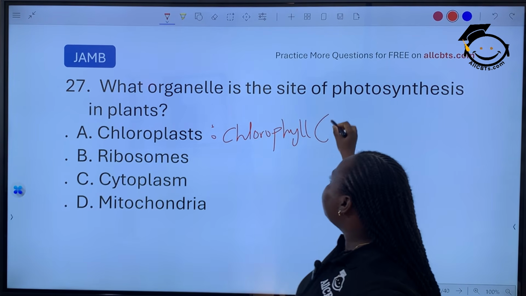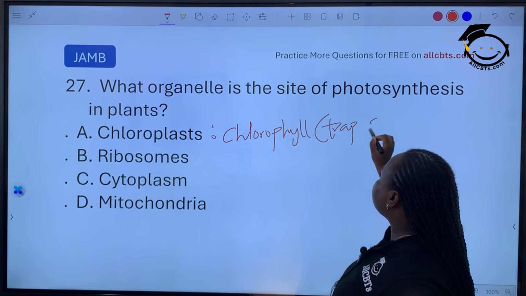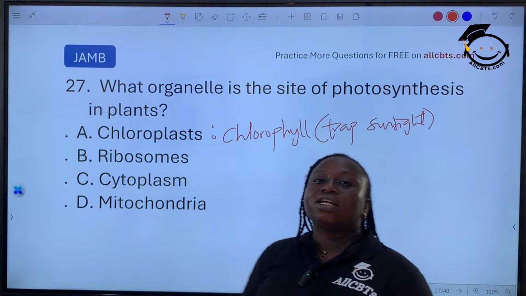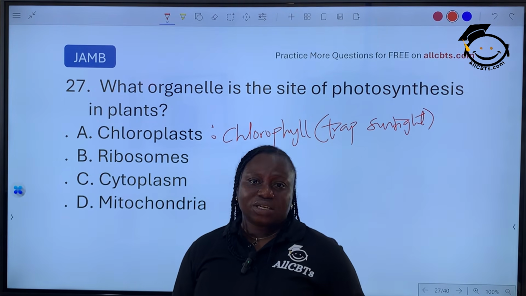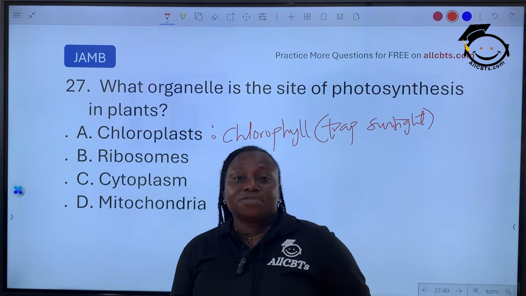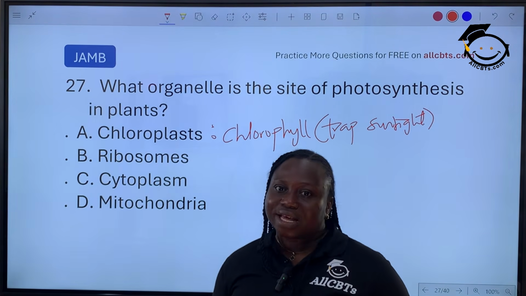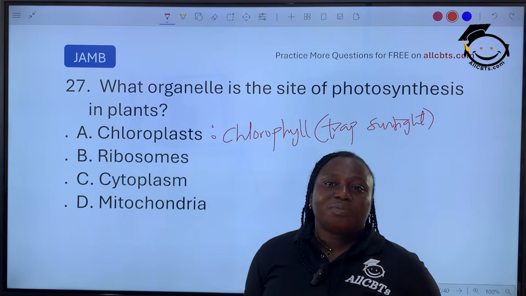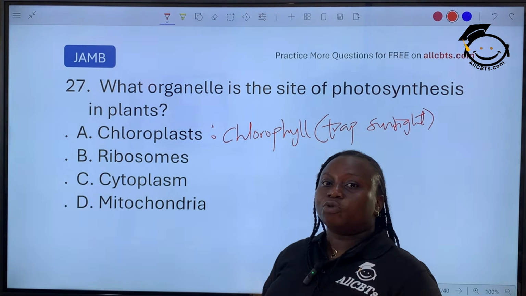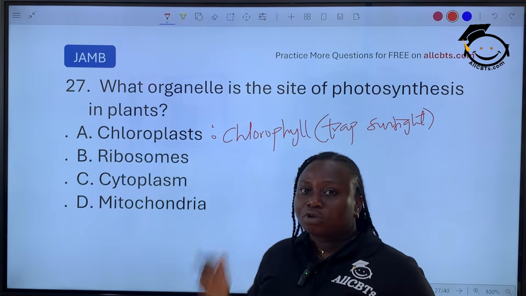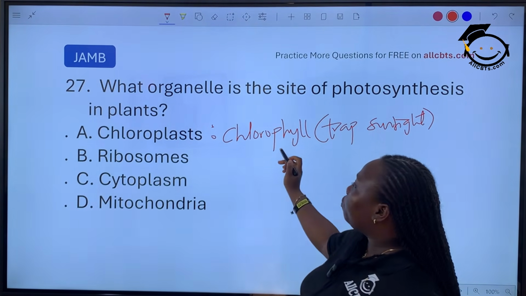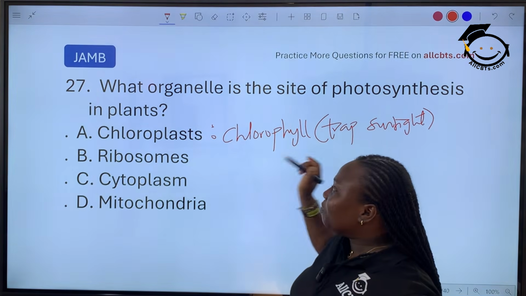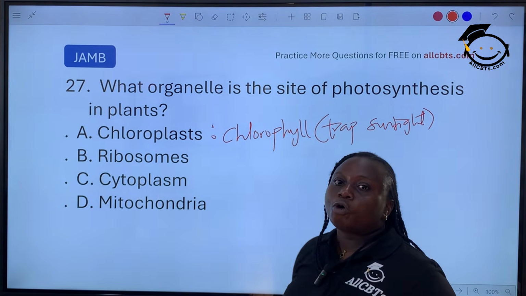And this chlorophyll, they trap sunlight. And this sunlight, why do they need this sunlight? As a form of energy. For this particular reaction to be initiated, it needs sunlight as a form of energy. Don't forget that energy is the ability to do work. So for this reaction to be done, it needs energy to be done. So sunlight, it gets it from sunlight. So the chlorophyll in this chloroplast is what traps the sunlight. So we can say that photosynthesis will occur in the